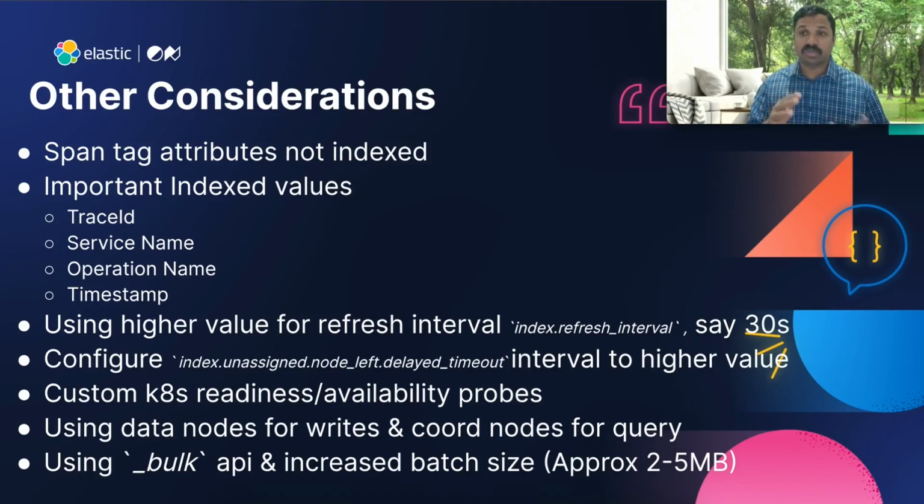Also, if you are on Kubernetes, you may want to consider setting the index assign node delay timeout value to a much higher interval, because pods can always restart due to patching or whatever other reasons. If the pod goes down, you don't want that membership to immediately go away and start the shards getting assigned to other nodes. So have this value set to a higher value. We also use custom Kubernetes readiness and availability probes, which we have come up with over many iterations, and you may want to consider coming up with your own based on your infrastructure and the supporting components or systems that you have